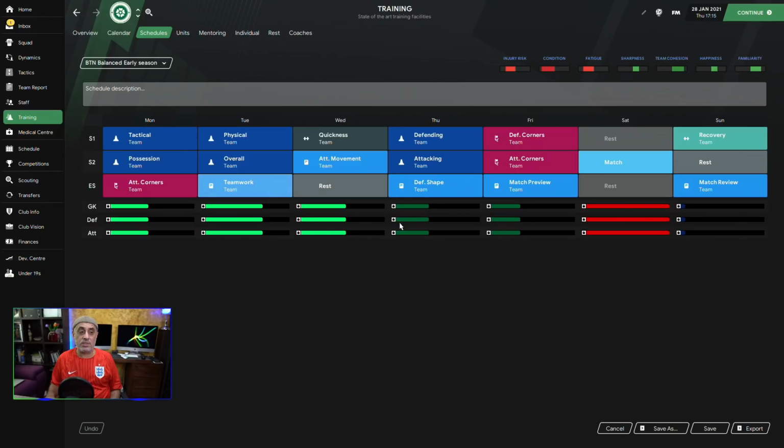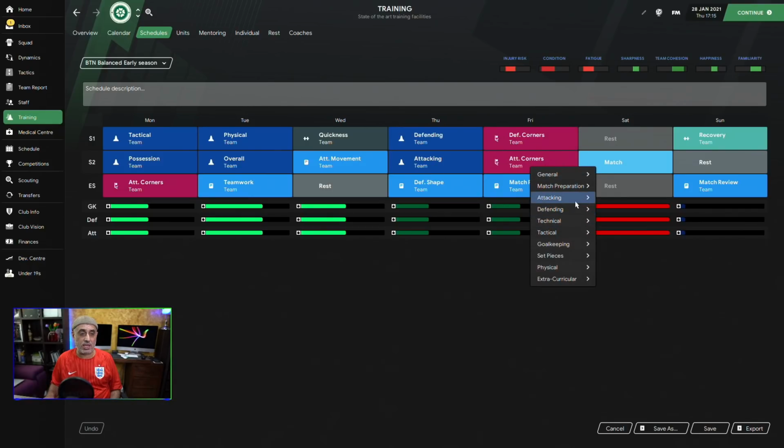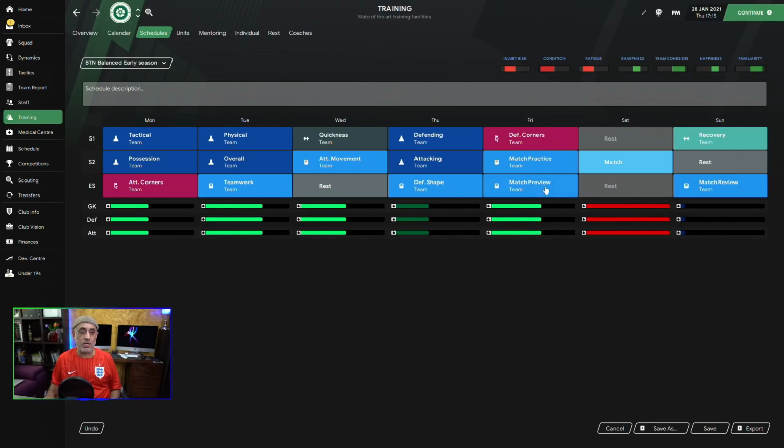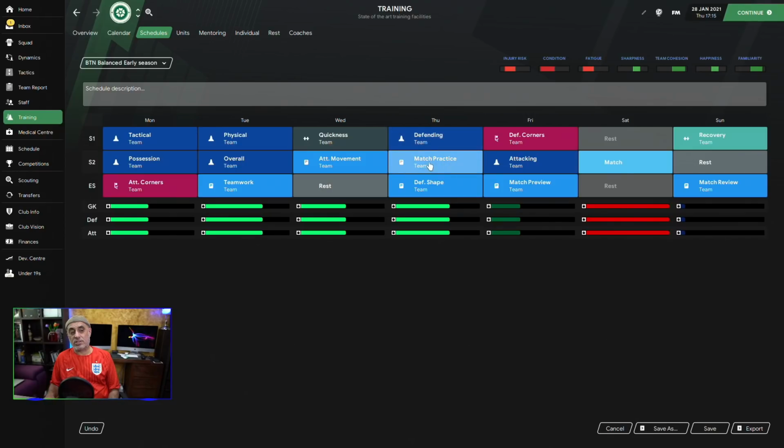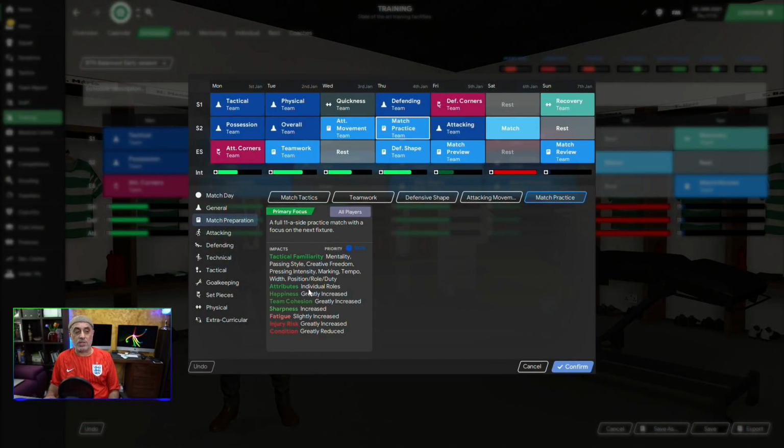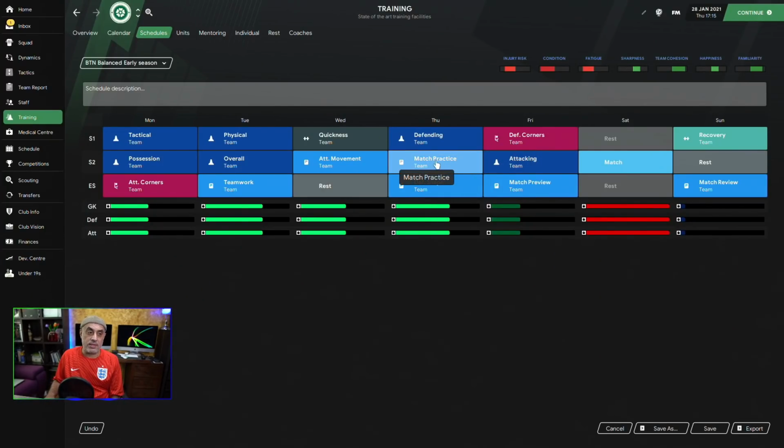We also have attacking movement, teamwork, and defensive shape. Attacking corners, and defensive corners. We have too many attacking corners. We can actually put something else inside here, which also helps with team bonding. Match practice. You can have match practice like this, or we can just swap match practice to this day and make this even heavier. So this is actually a very good session because it allows your team to learn the individual roles. On top of that, team cohesion is greatly increased, right? So you want to add this in, and they can also work on their roles, and they will gain tactical familiarity. This gives us attacking corners, teamwork, attacking movement, and defensive corners give us our bonuses for an upcoming match,